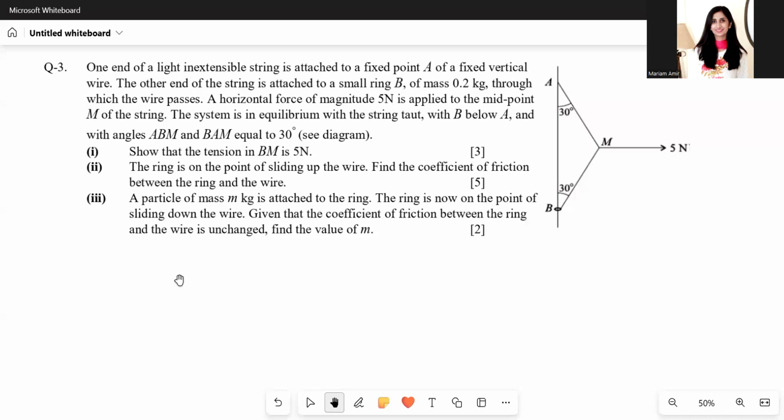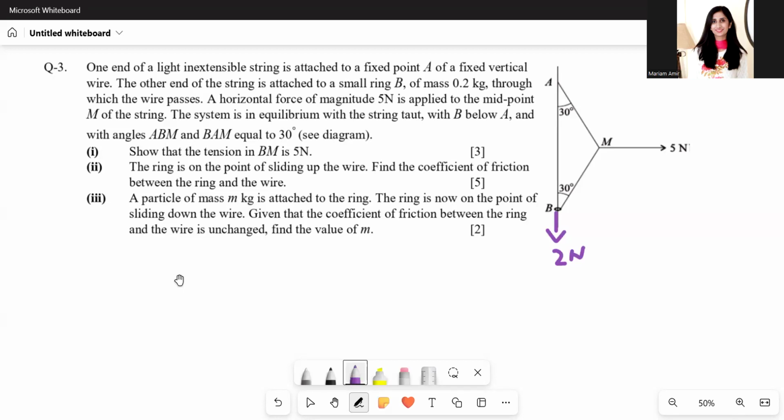Question number 3. Forces on threaded ring. One end of a light inextensible string is attached to a fixed point A of a fixed vertical wire. The other end of the string is attached to a small ring B of mass 0.2 kg. Now if this mass is 0.2 kg, this weight is going to be 2 newtons in this direction. Through which the wire passes, a horizontal force of 5 Newton is applied to the midpoint of the